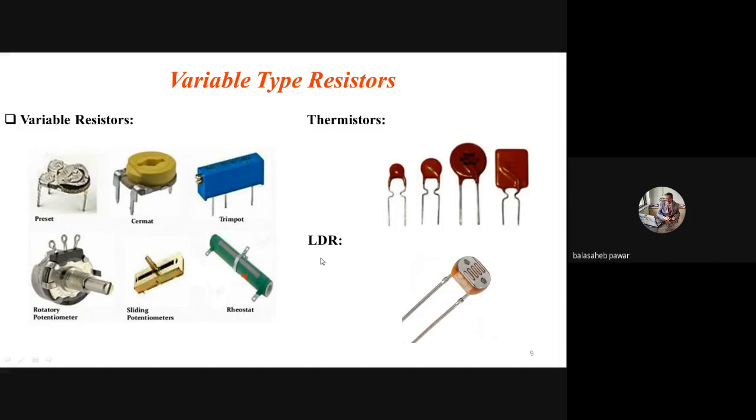And the last one, not last, there are many, but here I have taken just a few examples. This one is the light dependent resistor, LDR. Again, the name itself indicates its resistance is dependent on light. The light intensity decides the resistance offered by this device. Generally in the data sheet, the dark resistance is provided. Dark resistance means how much the resistance will be in the absence of light, and that resistance will be maximum. That's why the dark resistance value is provided by the manufacturer in the data sheet of this device. So all these are the variable resistors.